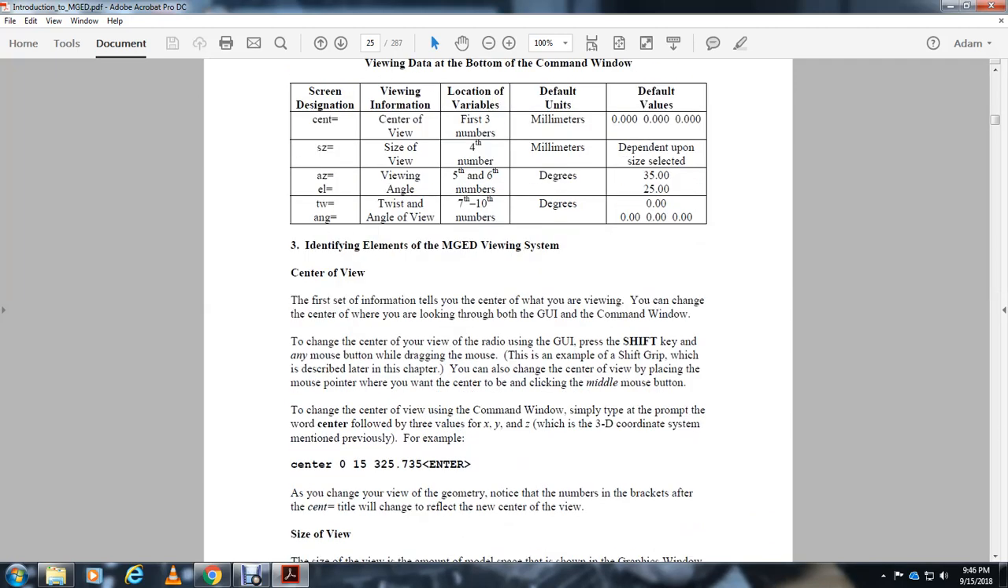In defining the elements of the MGED viewing system, the center of the view, the first set of information, tells you what you are viewing. You can change the center of what you're looking at in the GUI or command window. To change the center of the view with the radio in the GUI, press the shift key with the mouse button and drag the mouse, for example with the shift grips described later in the chapter. Or change the center by placing the mouse pointer where you want the center and clicking the middle mouse button. To change the center of the view in the command window,